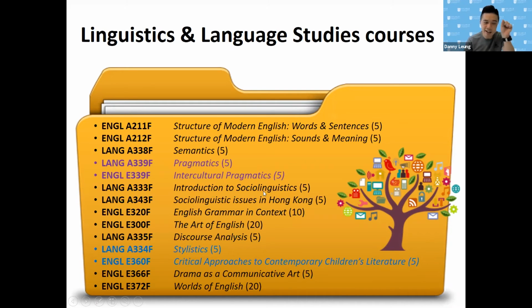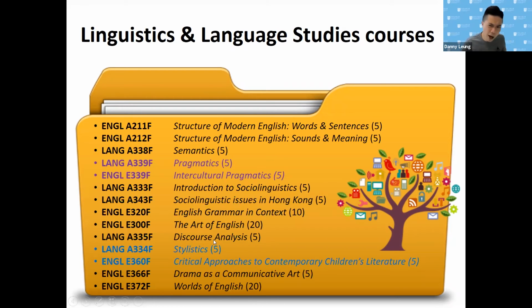Sociolinguistics, the study of language in relation to society. Language and society are two inseparable concepts. They have to be together, and there are many interesting things that we can examine when the two are hand in hand with each other. Particularly, we will talk about how the English language is used in Hong Kong when it comes to discourse and sociolinguistic issues in Hong Kong. So we'll have a much better focus on how the English language is used in Hong Kong.